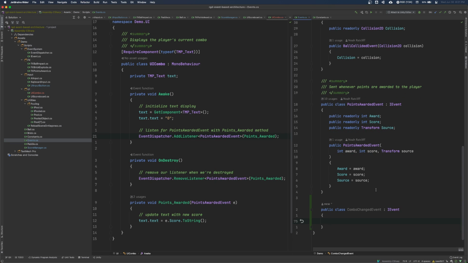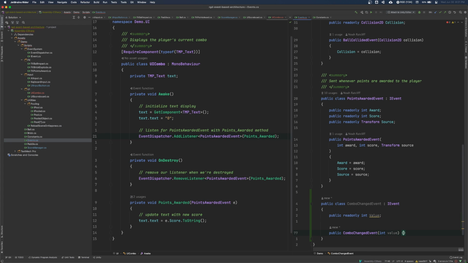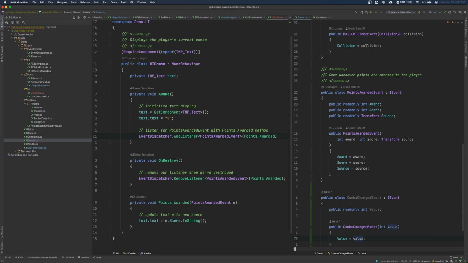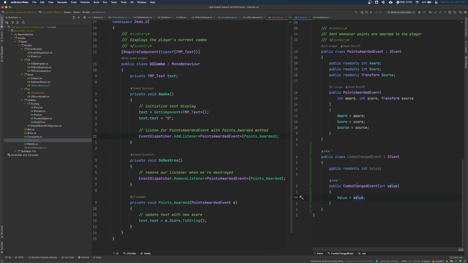So this is a value changed event. So really all we care about is the value. We provide the constructor that assigns the value, and then we provide access for that. So now we'll implement that.